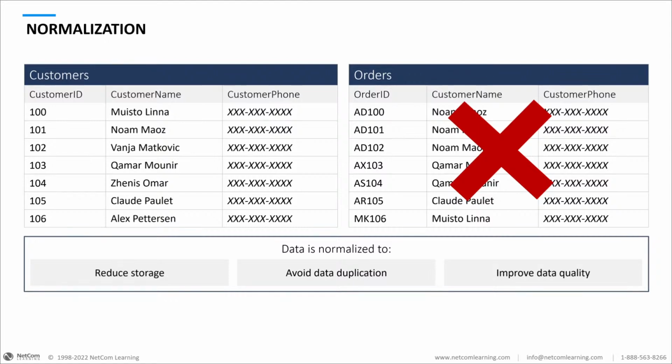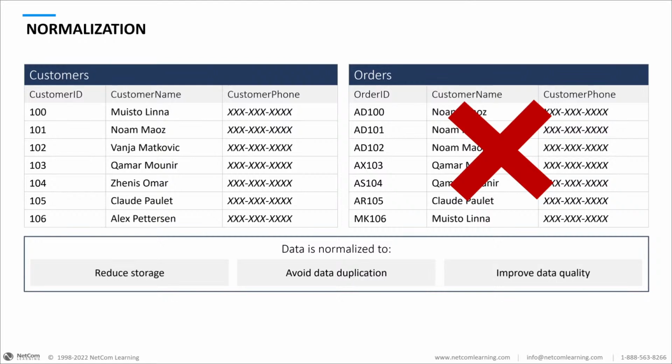You might have two people that are buying something on an online store, and they live at the same address, they have the same phone number, they have the same postal code, all the rest of it. Why do I need to keep a copy of that information in the system over and over and over again, right? I only really need it once, and I just have to reference it. So the last one is to improve data quality, okay?